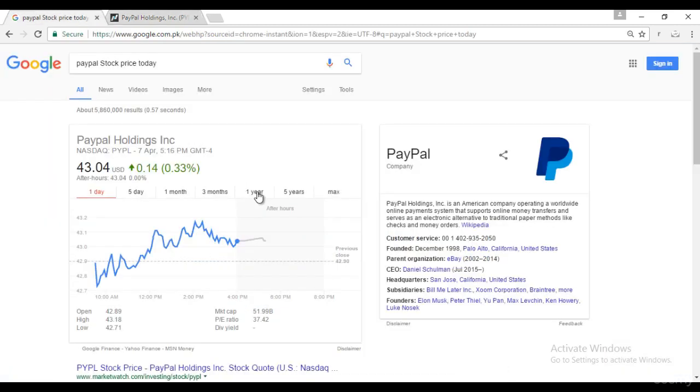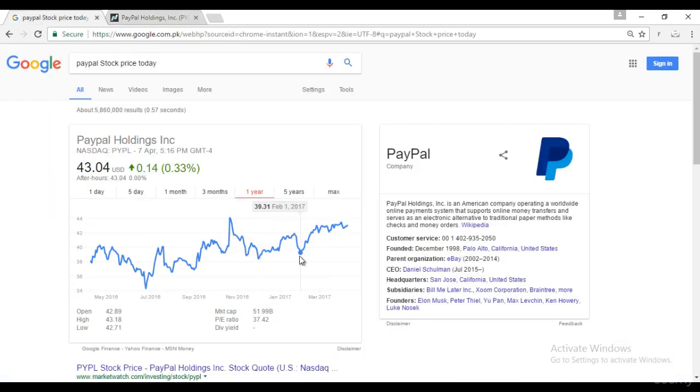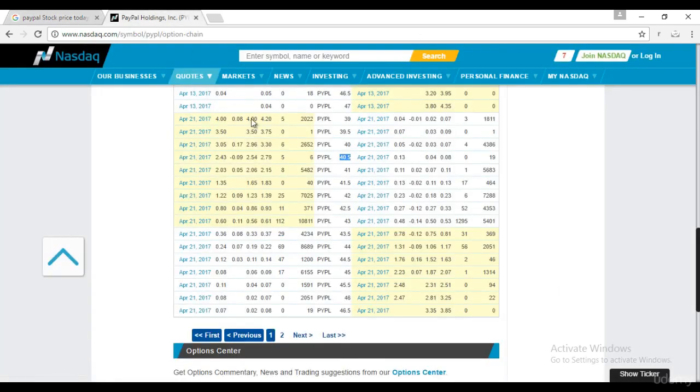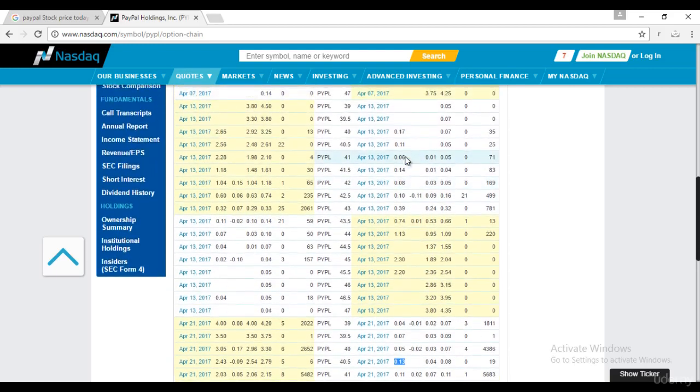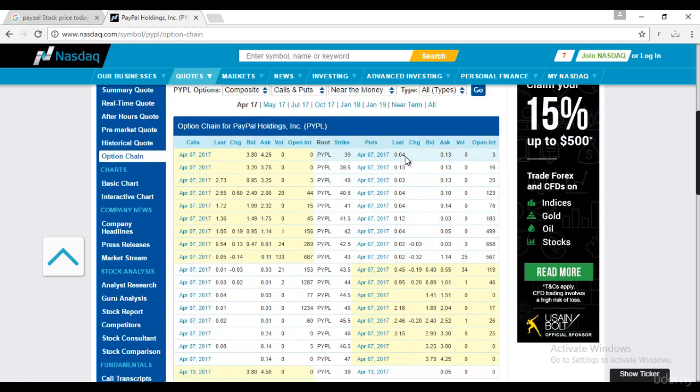And if you look at the one year chart, then the lowest low is $39.31. And if you can buy it again at this rate, it's not a bad trade. You're buying it at the extreme low. That was on February 1. Other extreme was December 1, 38.34. This low is 38.94. This low is 39.20. So $40 is not that bad a trade. See, you're making 13 cents without doing anything. Just buying a great stock. That's what the game plan is. We will discuss in the next chapter